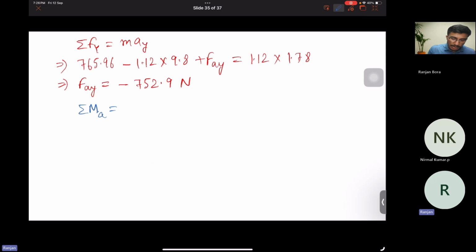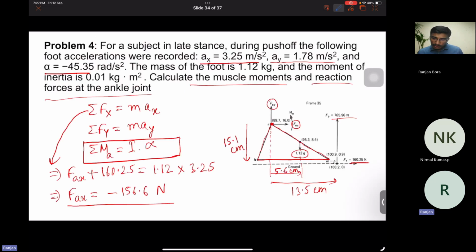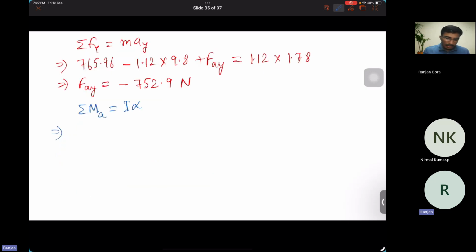What is the moment about the ankle joint? We'll assume that anti-clockwise is positive. This MA is acting in the anti-clockwise direction, so it is MA,